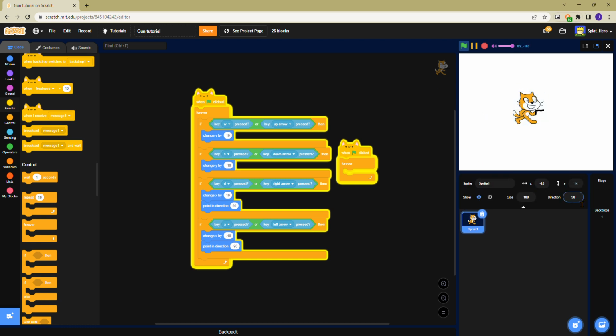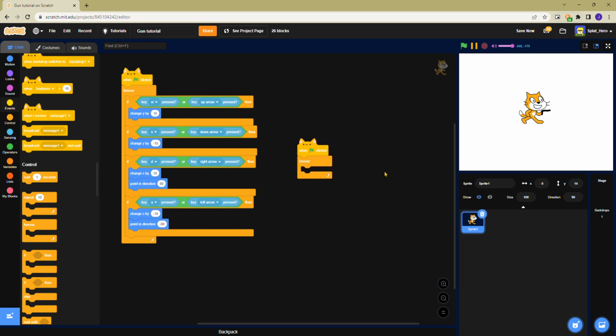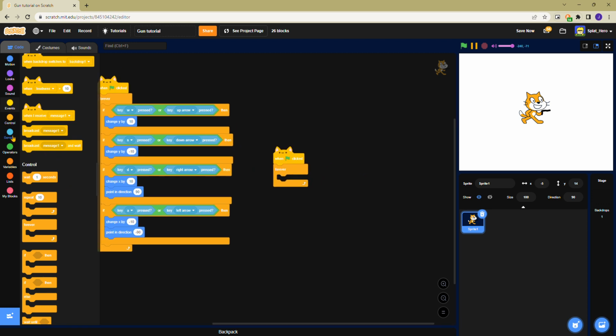And then it doesn't work properly until you turn on this. So this means that it will not turn. It will only turn left and right, but it will retain its direction. So then, now we need to do something with this forever loop. So in this forever loop,